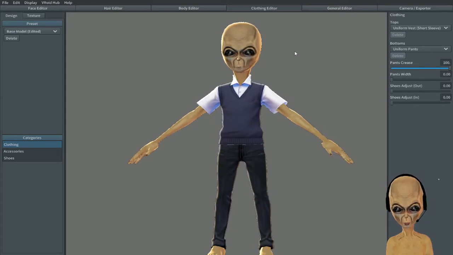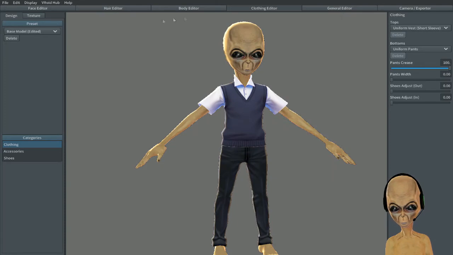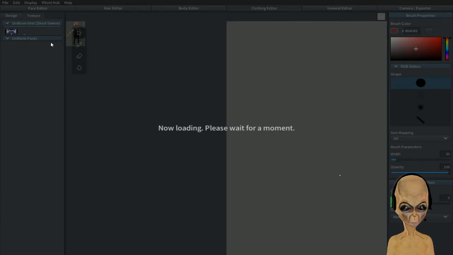Which I can show you here. But, let me see here. So, if you notice on each of the tabs, they have sliders and things like that. You can go to the smaller tab here, which is the actual texture. And, now